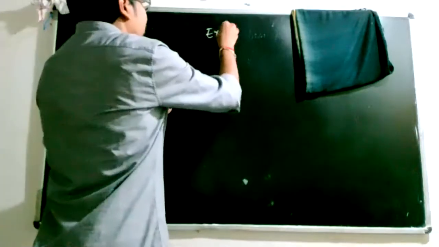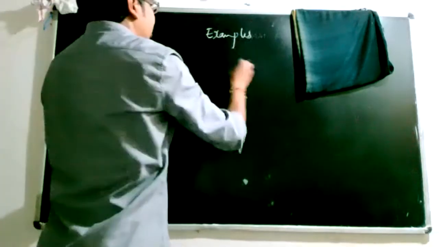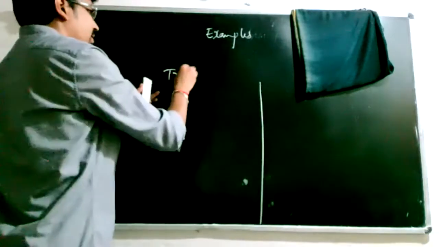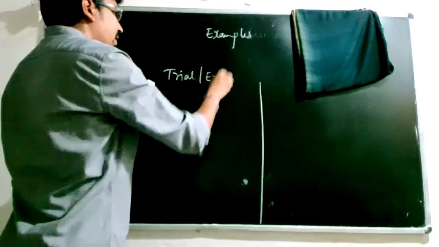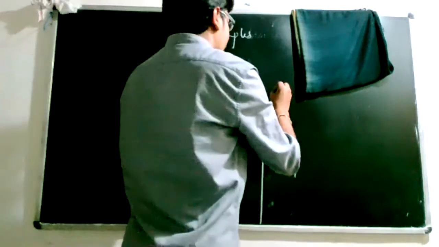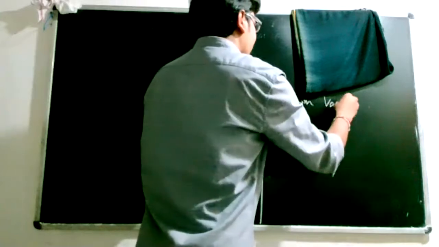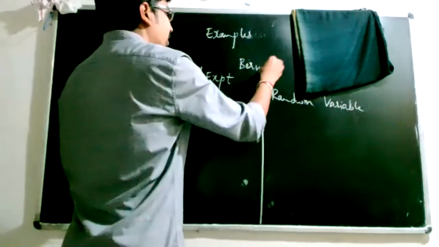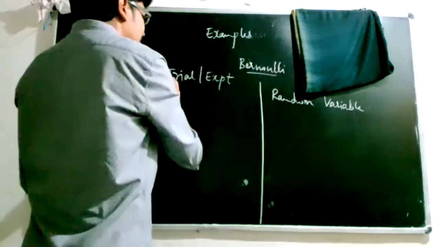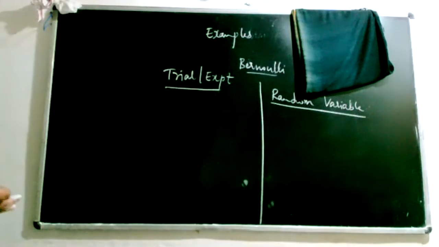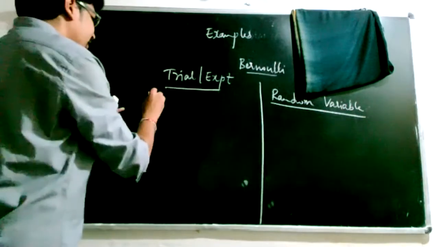Examples of Bernoulli trial and Bernoulli distribution. A trial is nothing but conduction of an experiment, and how we can obtain the Bernoulli random variable. A random variable is always indicated by X, and here we are giving examples for the case of Bernoulli distribution. Now you can write the examples of all those experiments where you can divide the sample space into